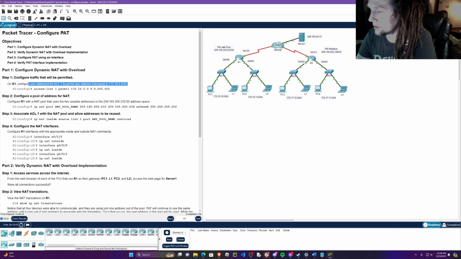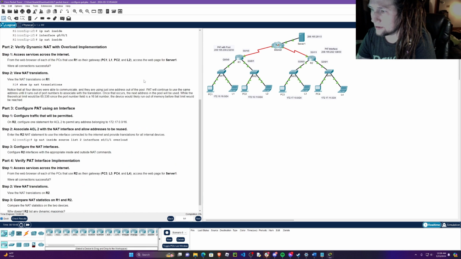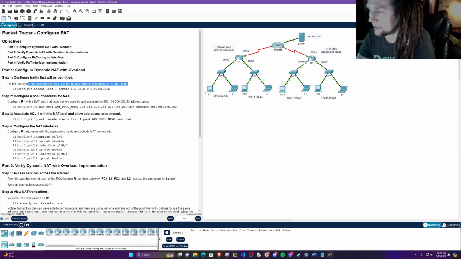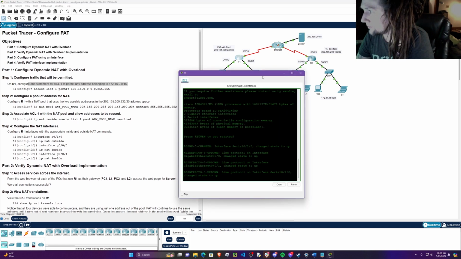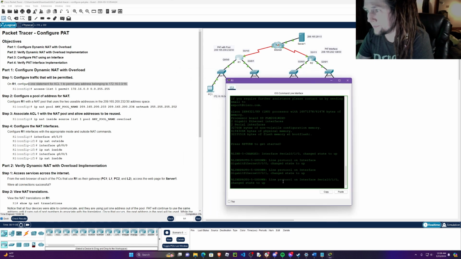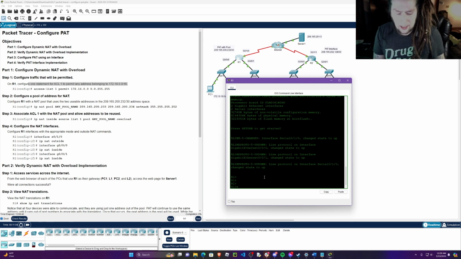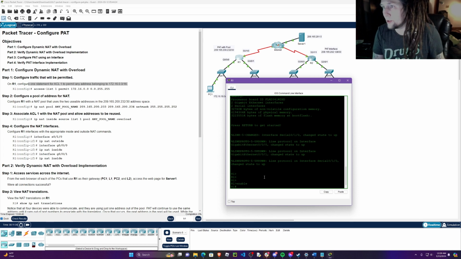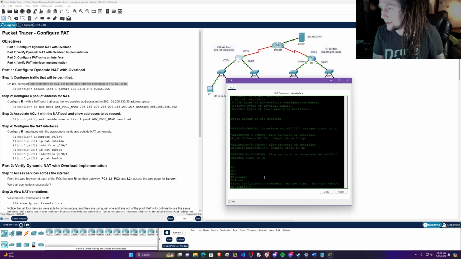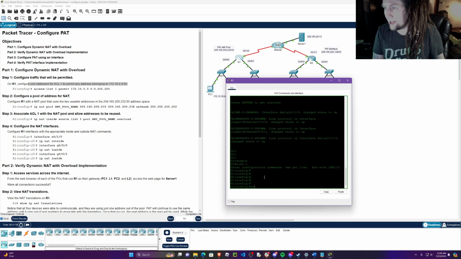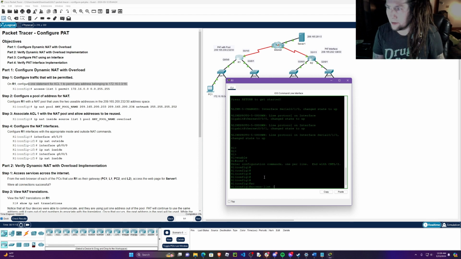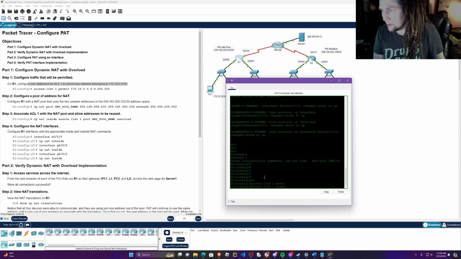So, we don't even really have any excuse to not be able to figure this out, as literally the answers are given to it. So, on R1 here, we're going to first crack it open. We're going to hit enter, and we're going to hit enable, and then we're going to go into global config mode by saying conf t. Once there, we're going to say access-list 1 permit, and we're going to say